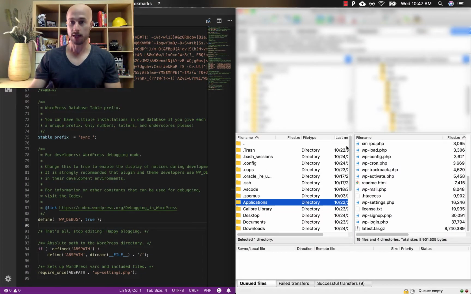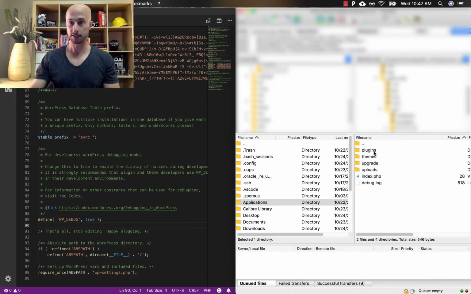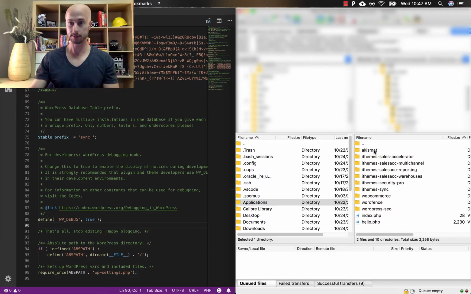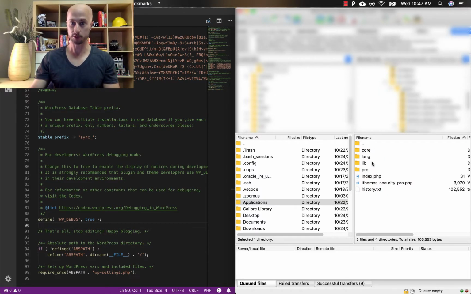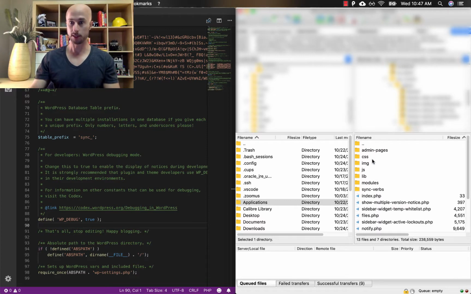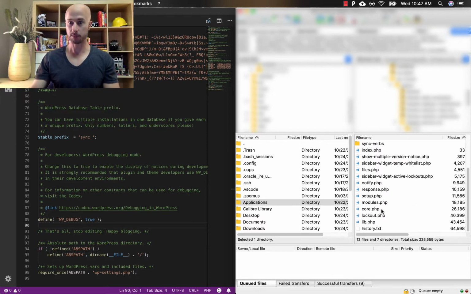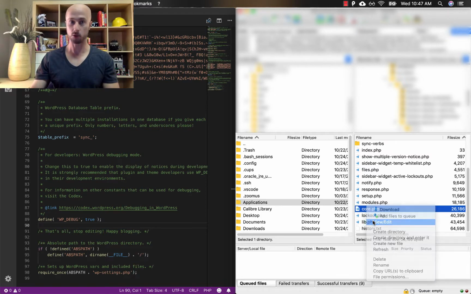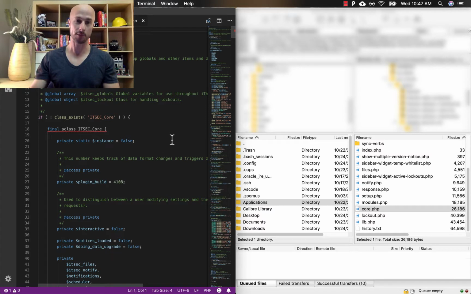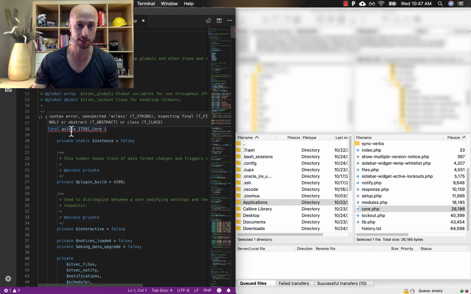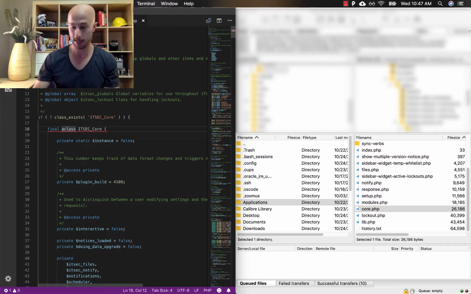All right, so now let's go to our wp-content folder, plugins, iThemes Security Pro, core, and then core.php. Let's right click and then view edit. It's going to open it up in my text editor and okay, that looks kind of weird. Look at this line right here on 18, it's underlined because it needs to be corrected. And I bet if we just remove this A